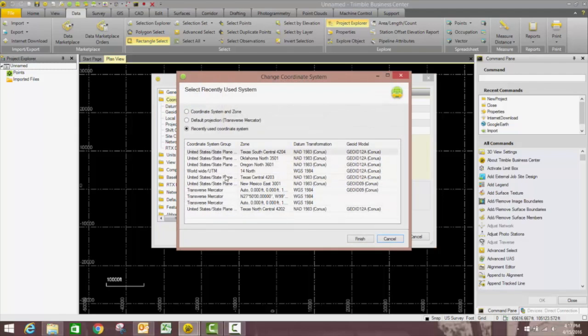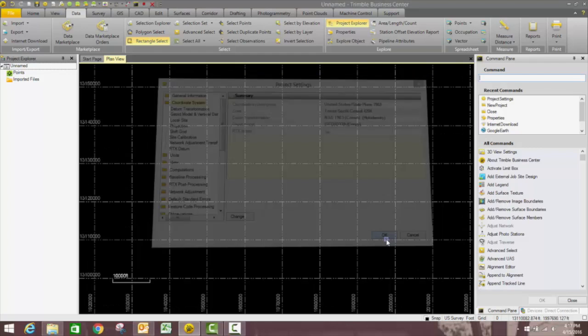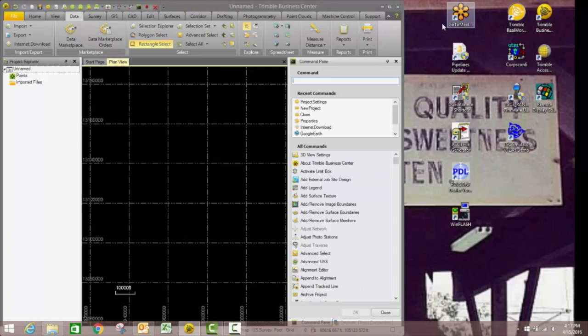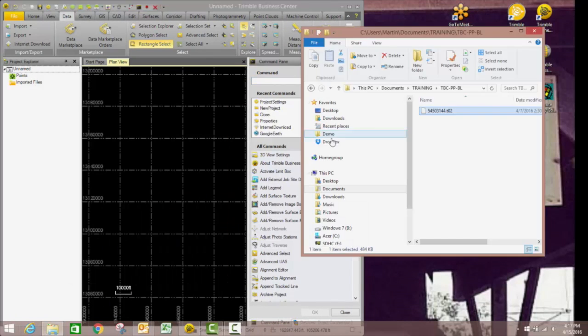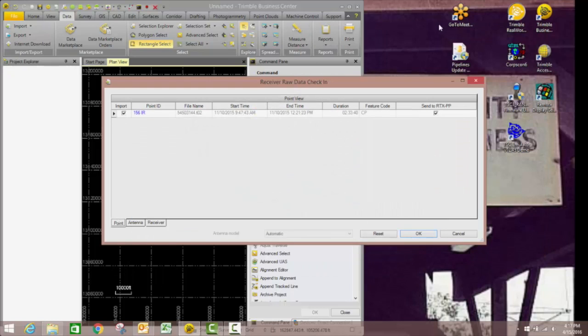In this case, this particular T02 file was collected in NAD 83 Texas South Central, so I have a recently used coordinate system with those parameters, so I'll go ahead and select that, hit OK, and OK. Next, I will drag and drop in my T02 file, which I have stored on my computer already. So I will bring in that file, drop it in,